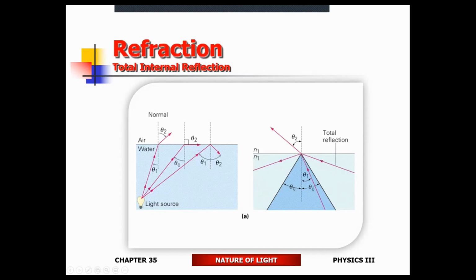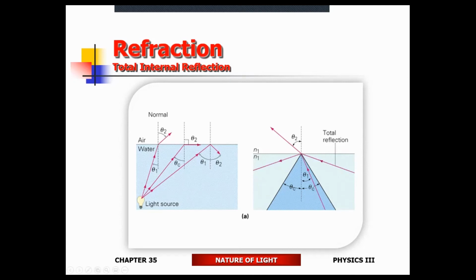Critical angle is here. Angle of incidence is smaller than the critical angle, light escapes from the material. Angle of incidence is larger than the critical angle, it's totally internally reflected. So what happens at the critical angle? How do we know what the critical angle is? At the critical angle, the refracted ray is going to move parallel to the boundary. That's how you know.